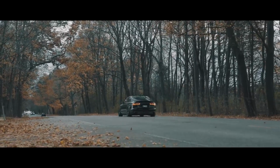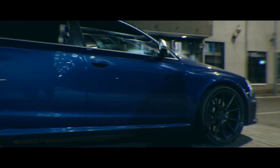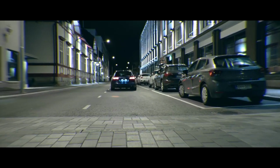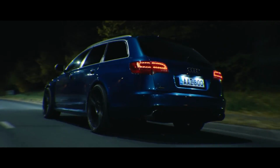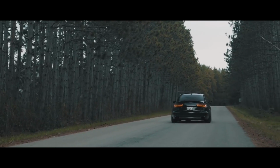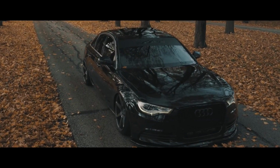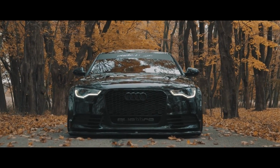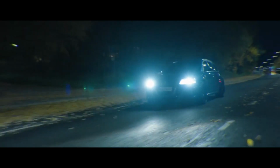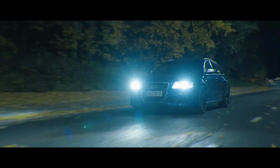So there are 1.9 to 2 liter inline 4s putting out 109 to 248 horsepower. Then there are 2.4 to 3.2 liter V6s with 161 to 296 horsepower. And then the 4.2 liter V8s with 330 to 345 horsepower. So there really are a lot of options, with gas and diesel ones all over the place. And you can match them with 5 or 6 speed manual transmissions, as well as 4, 5 and 6 speed automatics. They again are overall very reliable, but they need a bit more fuel, and if something breaks, it's rather expensive